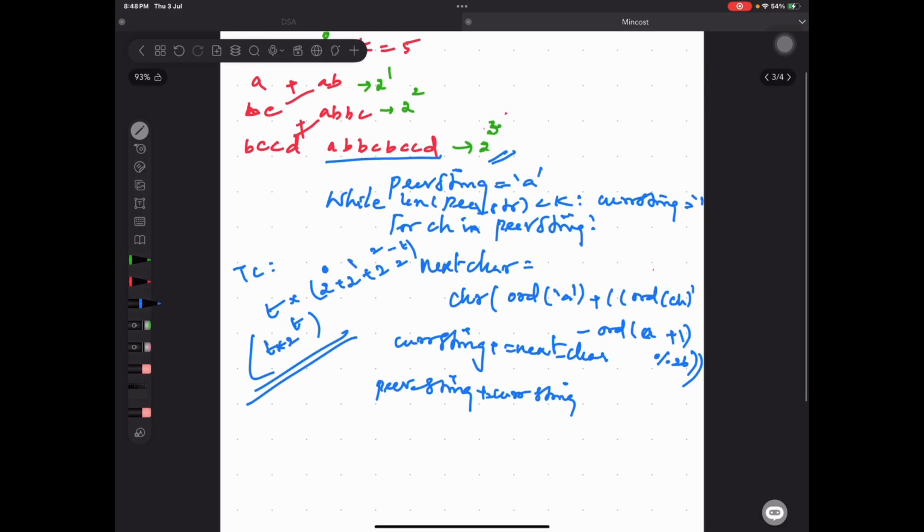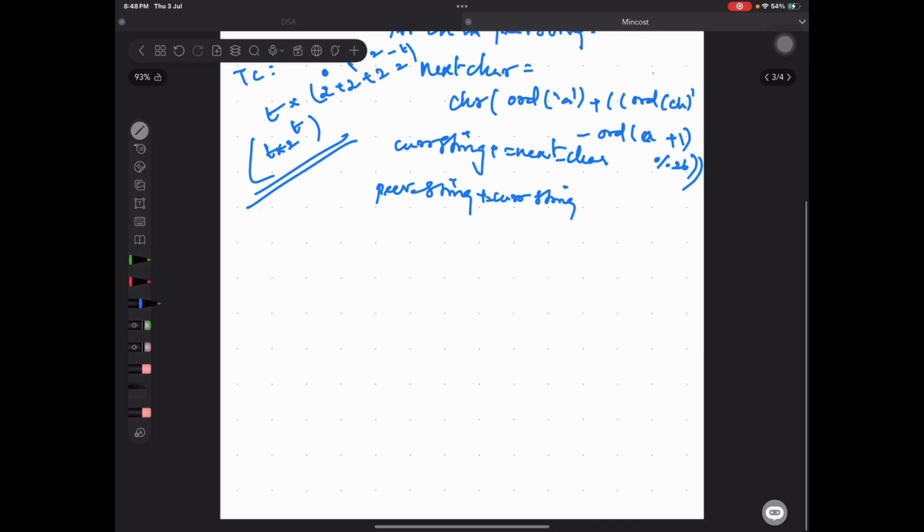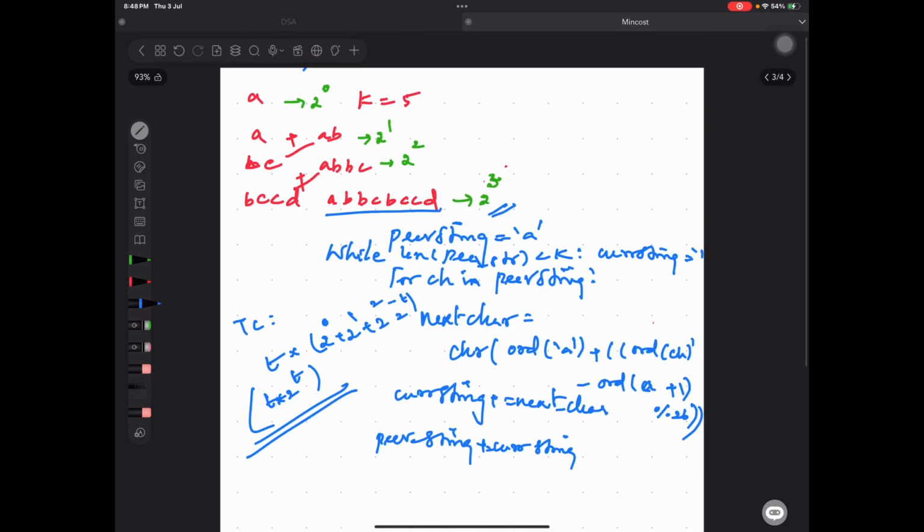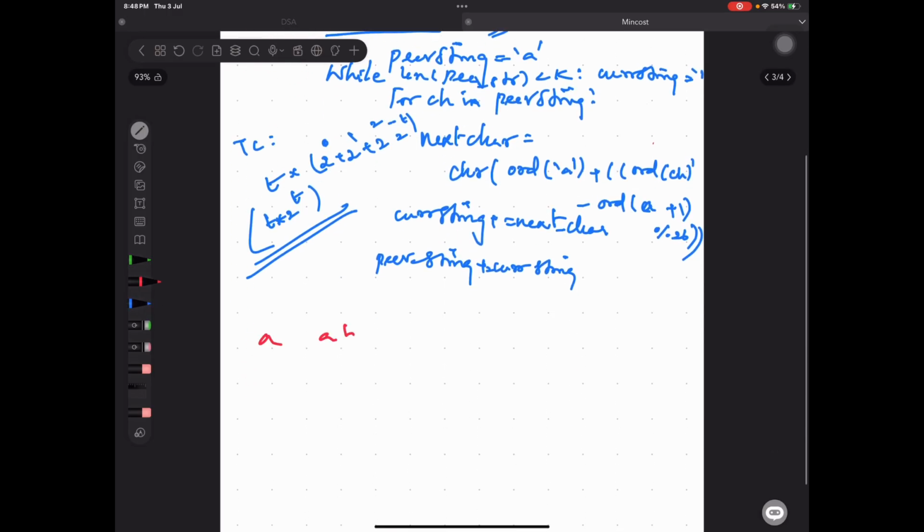So to reduce this time complexity, what are we going to do? If you look into the example, let's again take the same example. So it will be C C D A B B C C B C C D. Okay, so let's take this example. Also this is the given string, right? At the final output,